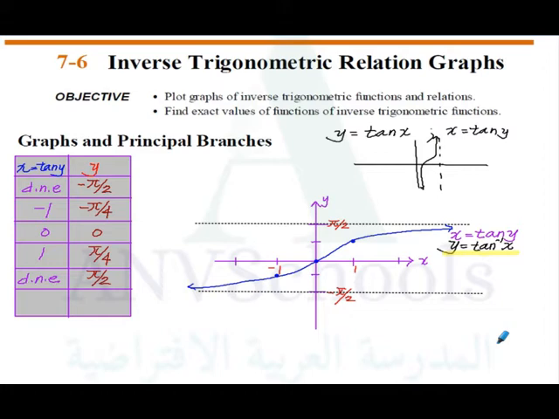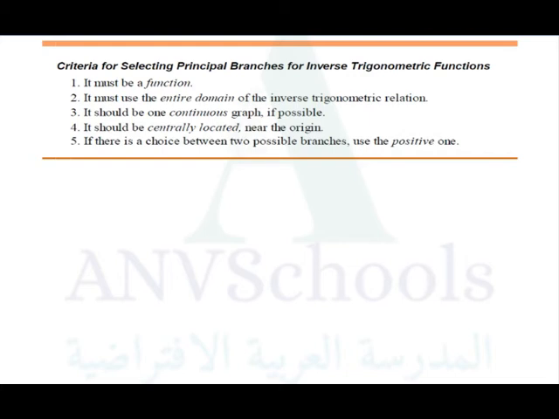Now, how do we get the principal branch of a certain given inverse trigonometric relation? So there are rules in finding the principal branches of the given trigonometric relation. So the criteria for selecting principal branches for inverse trigo functions are: number 1, it must be a function, meaning it shouldn't double. Okay,